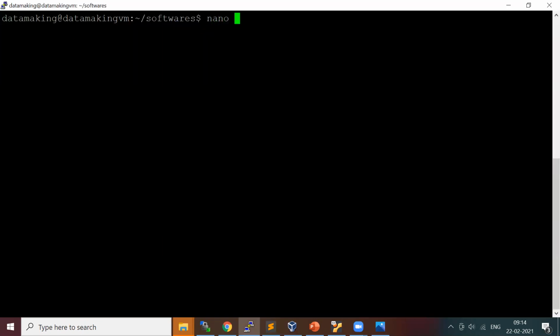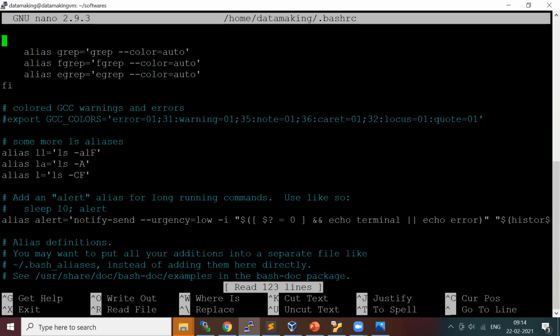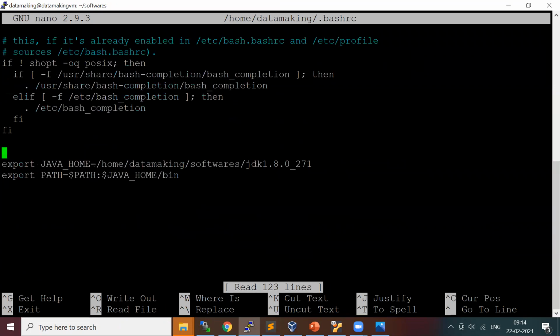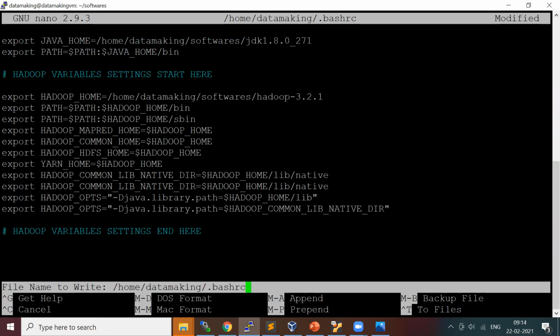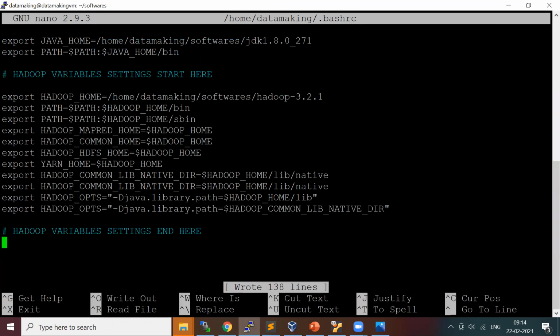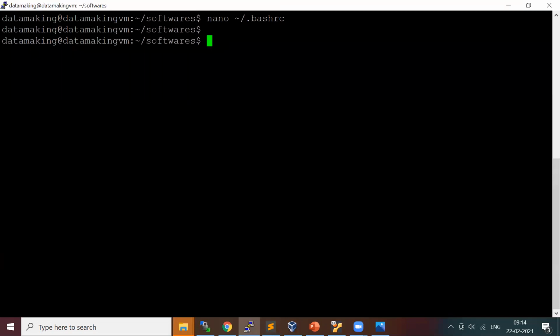Again, I'll say nano with the tilde symbol, which represents the home folder, and then bashrc. I'll come to the bottom of the file and paste this. Again, I'll press Control O, Enter to save, and Control X to come out.